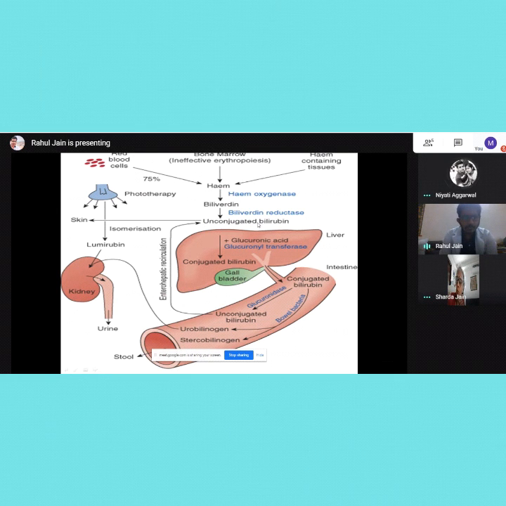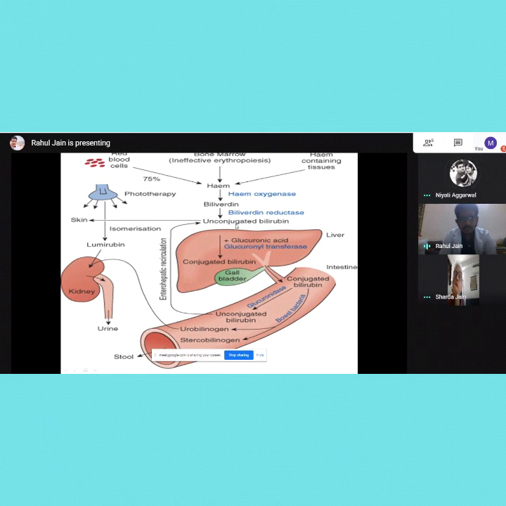This unconjugated bilirubin is basically formed inside the peripheral blood. It is a product of destruction of red blood cells. So any pathology which is pre-hepatic, like hemolysis of blood cells or anything like that, will cause accumulation of unconjugated bilirubin and will also cause jaundice, but it won't be of hepatic origin, it will be of pre-hepatic origin. Correct. So unconjugated bilirubin is before the liver.